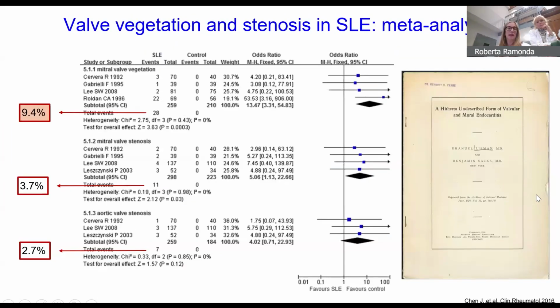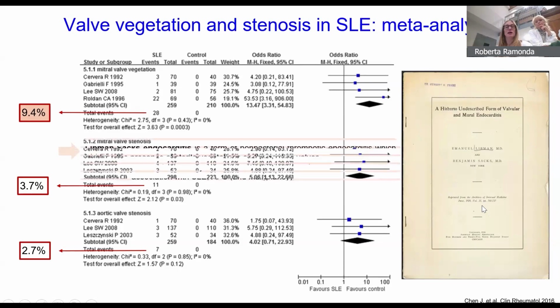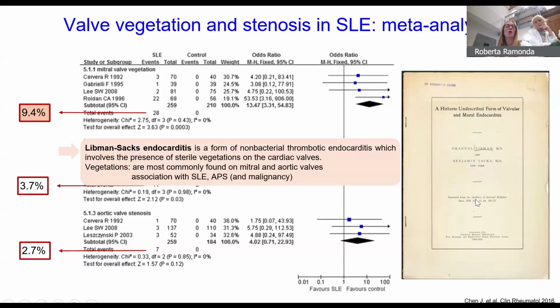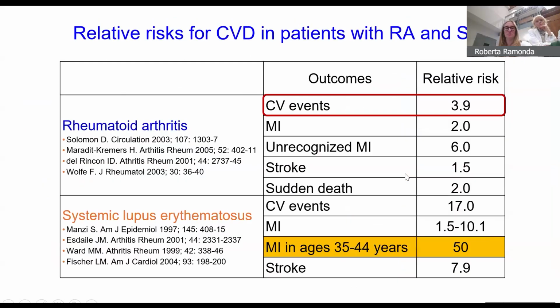We need also to remember, as we previously mentioned, that these patients may also have Libman-Sacks endocarditis that is considered a sterile form of endocarditis that is typically associated with the presence of antiphospholipid antibodies and mainly affects the mitral and aortic valve. But we also mentioned the increased cardiovascular risk that is typical of our patients, that is mediated by